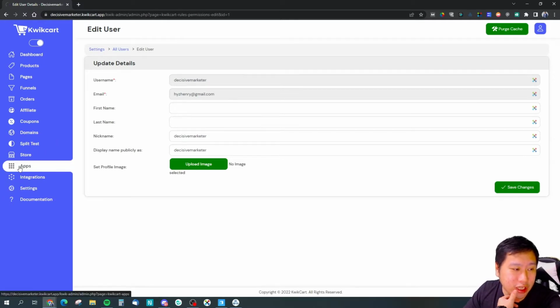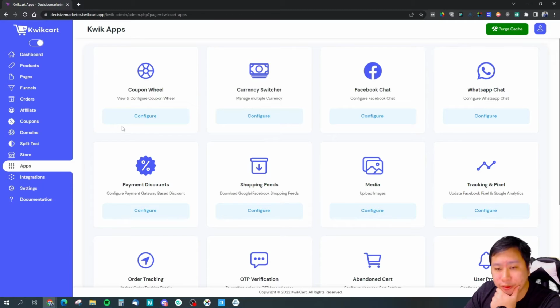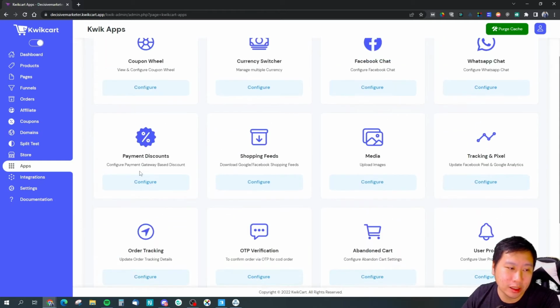And let's take a look at apps first. Okay, so the cool thing about Kwikcart is that it is somewhat like Sell Done, but at the same time it's kind of like Dukan, right, which is also heavily promoting themselves right now. So you can set up coupon wheels, right? You can set up currency switcher, Facebook chats, WhatsApp chat buttons, payment discount,